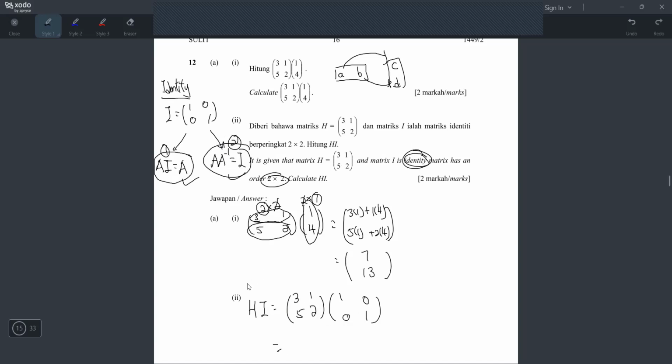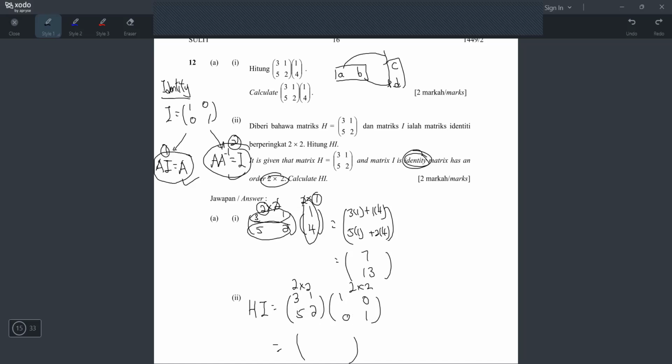Of course, if you want to do it slowly, how do you do it? This is 2 row 2 column, 2 row 2 column, and then you cross out, leaving 2 by 2. Then you do horizontal times vertical, write here, horizontal times vertical, write here, horizontal times vertical, write here, horizontal times vertical, write here. Of course, you can do it like that, but you don't have to do that actually.